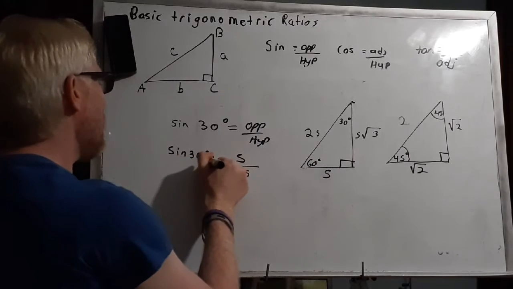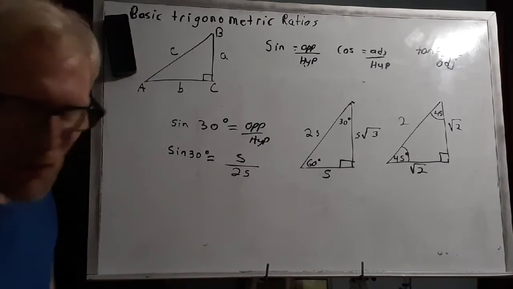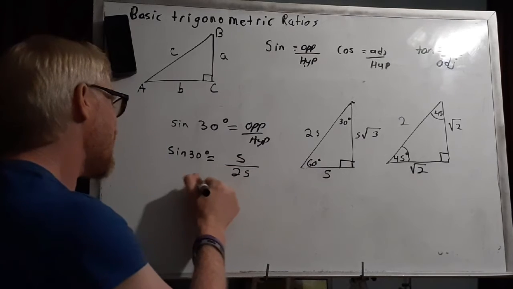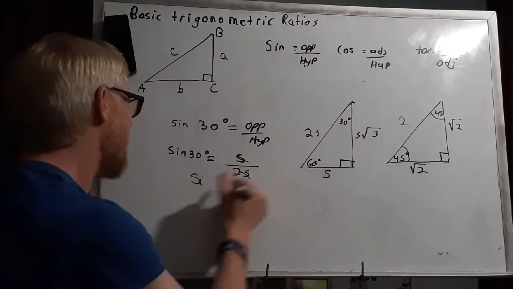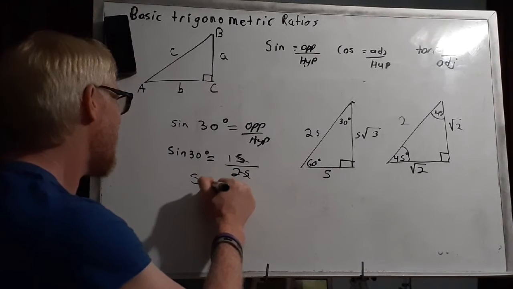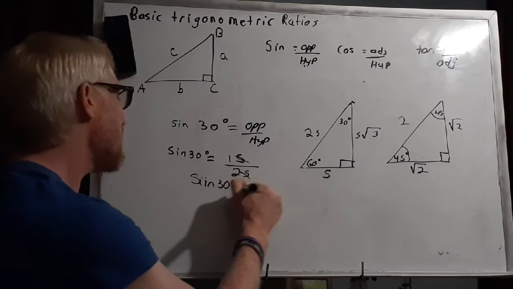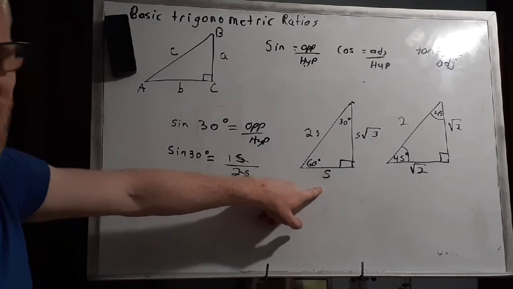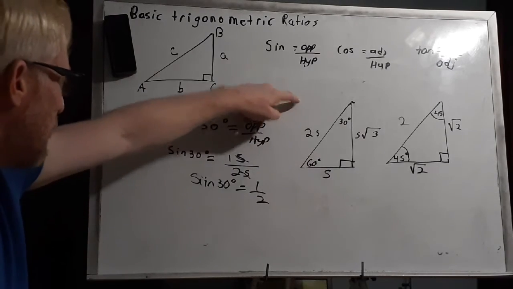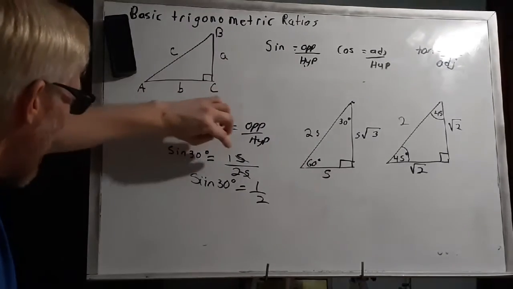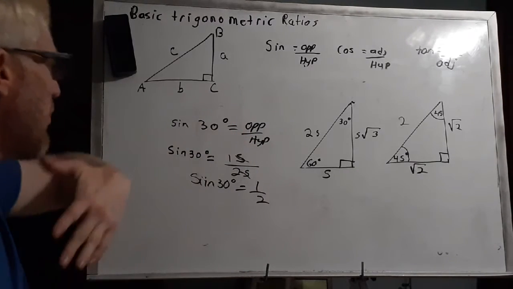And I know this sounds redundant, but we're going to simplify it. S and S cancel out, remember that this is technically 1S. So S and S cancel out, and the sine of 30 degrees is actually 1/2. Again, sine of 30, the farthest side is S, the hypotenuse is 2S. Remember that S in reality is 1S, so the S's cancel out, and that gives me